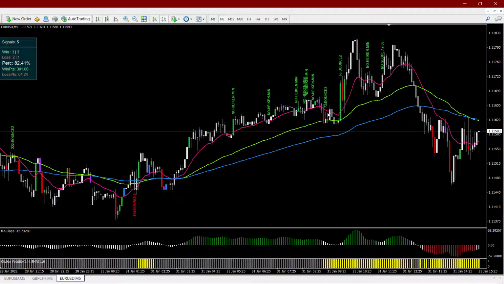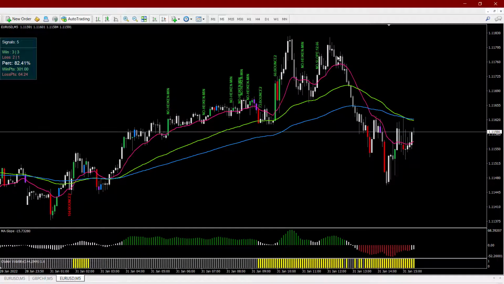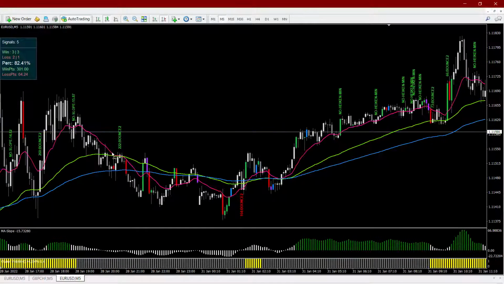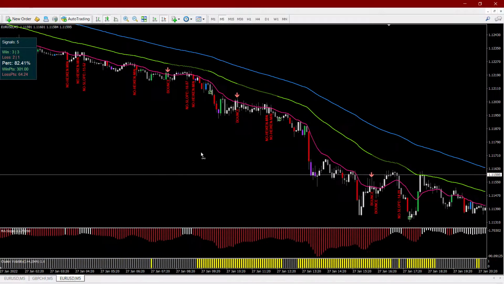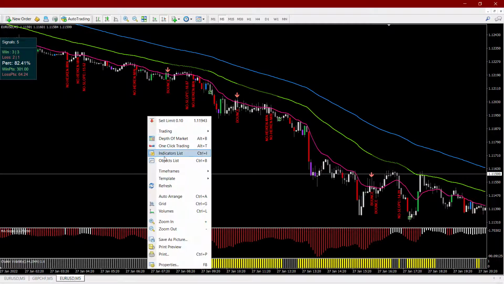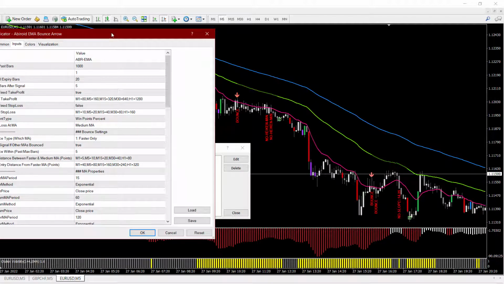So right here, this signal is skipped and it will show you that the second MA was also bounced. This signal will also be skipped. So these are all debug messages showing you exactly why a signal is skipped, and if a signal occurs, then you will only see this bounce. Bounce means that all the checks have passed, and that's why you got this particular signal right here. These will only show bounce. So these are the bounce settings,